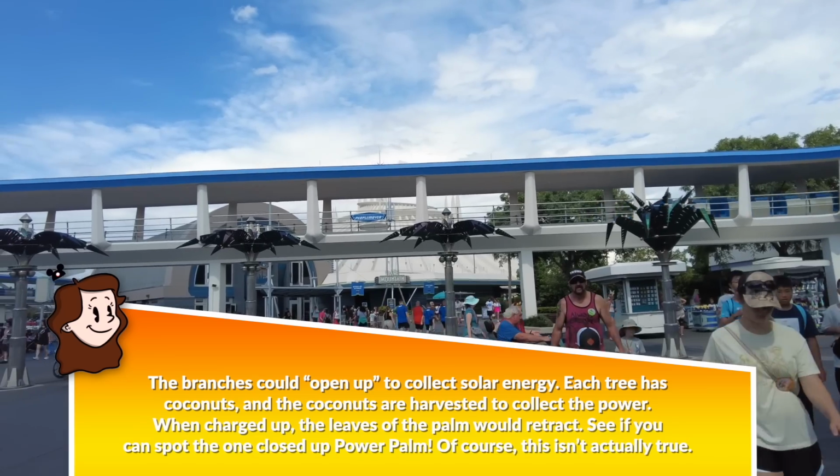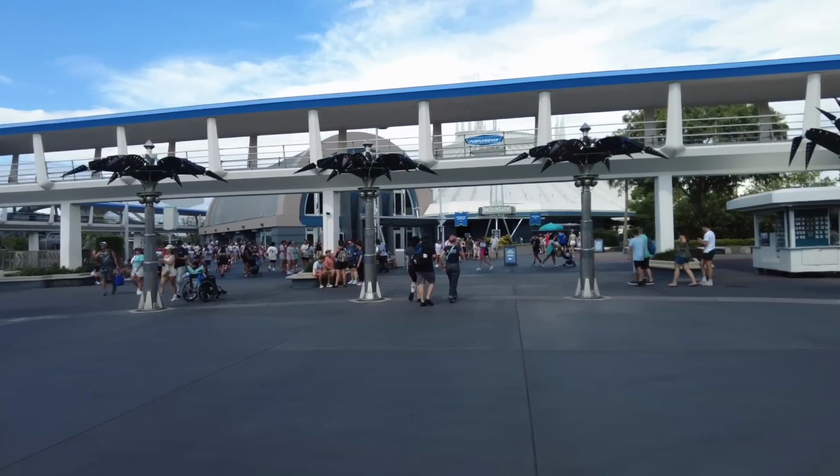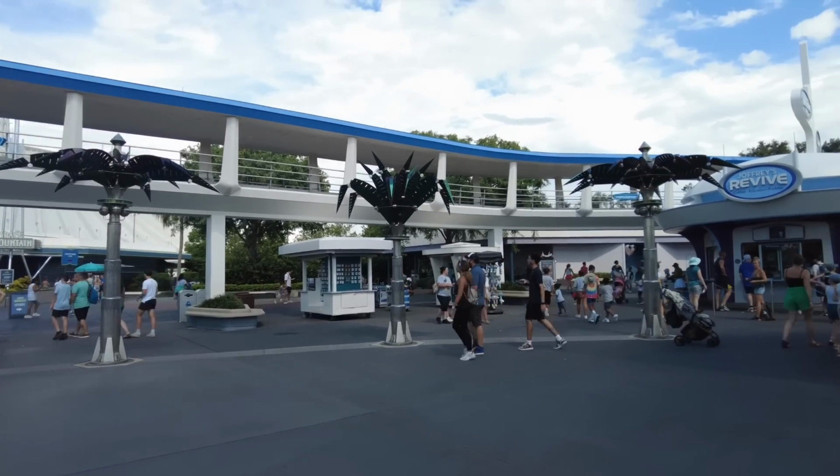When charged up, the leaves of the palm would retract. In fact, you can even see that one of the palm trees has been harvested and the coconuts are gone. So these coconuts were used for some solar energy. Now I need to preface and say that these palm trees don't actually have solar energy. Like it's for theming. It's for backstory, okay? They don't actually produce solar energy, but it's more of an idea of what the future would look like. Disney does use solar energy for their parks,